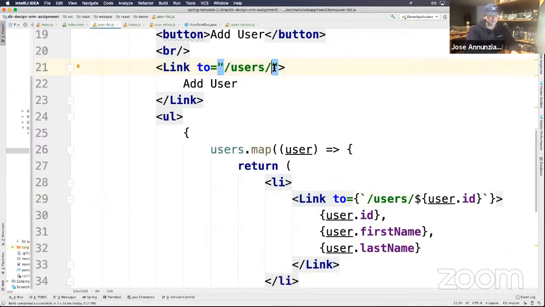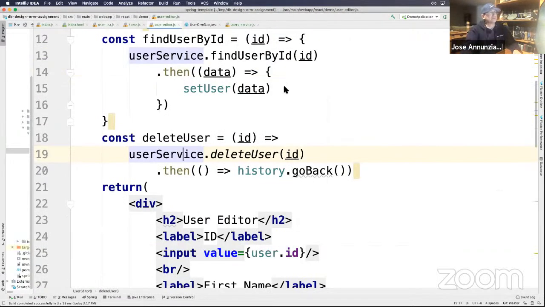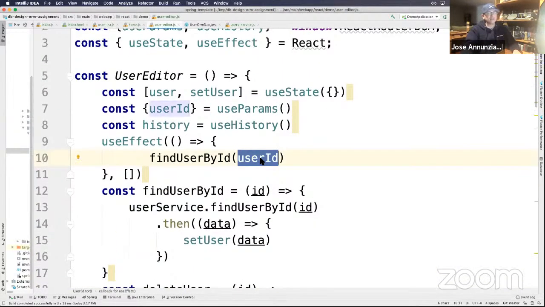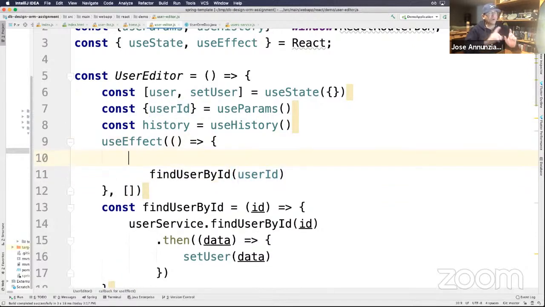So instead, I'm going to pass you some token, some value that you can recognize and say, this is a new user. I shouldn't go fetch anything in the database, and I shouldn't update my fields, okay? And if I do that, in the editor, this user ID, usually this would be a number, 1, 2, 3, 4, 5, whatever, the ID of the record that I want to show. This time around, though, it's not a number. So I should put here and say, well, only go fetch the user if the user ID